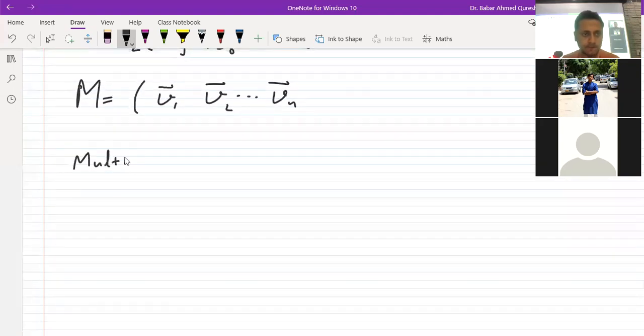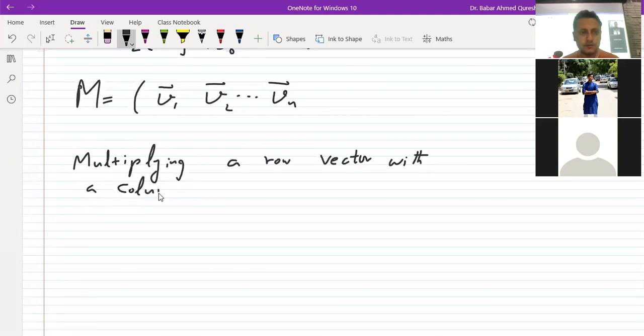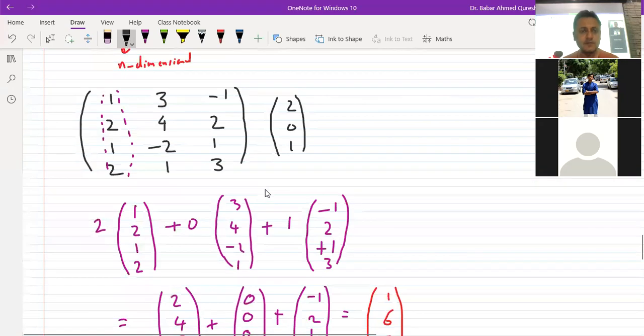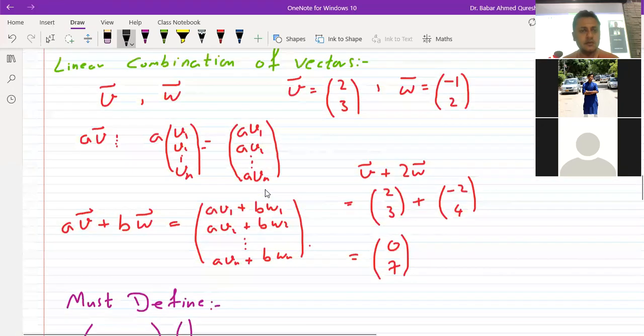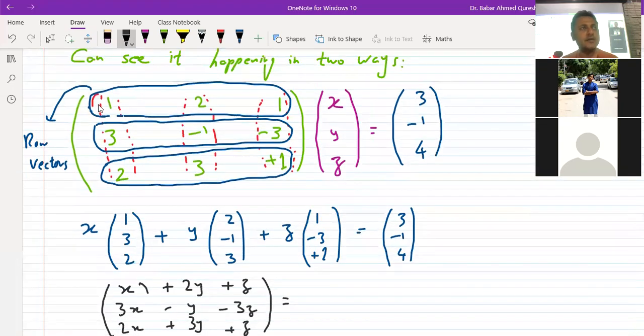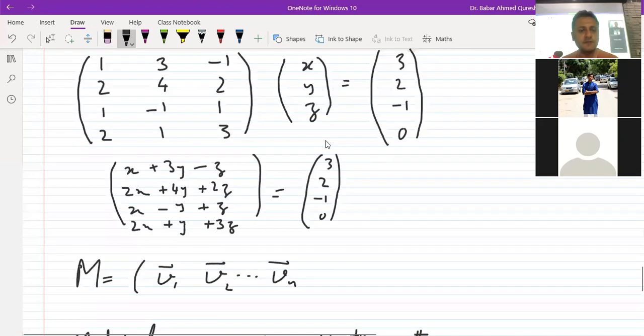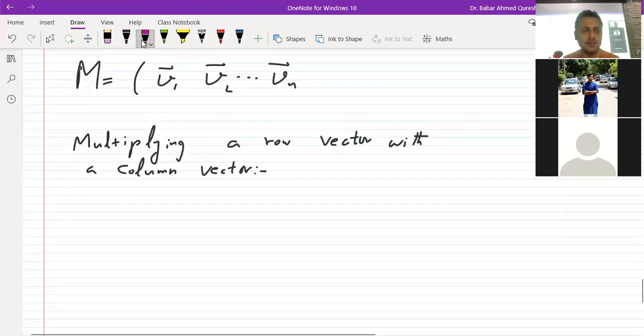Multiplying a row vector with a column vector. How are we doing it? The first component of the row with the first component of the column, the second component of the row with the second component of the column, and so on. So the definition of this is,